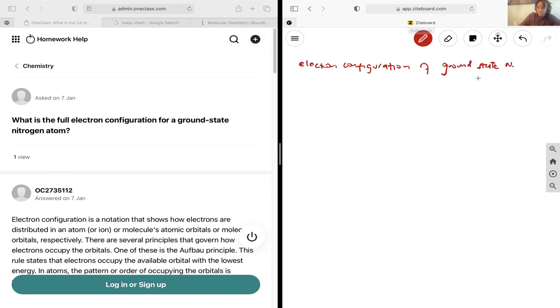The electron configuration is notation that displays